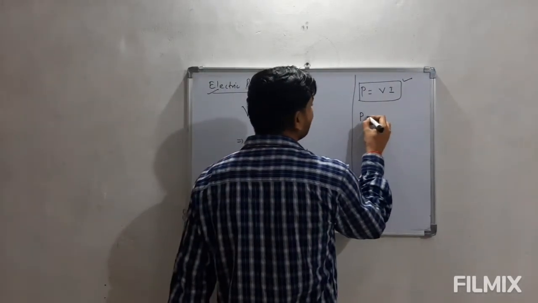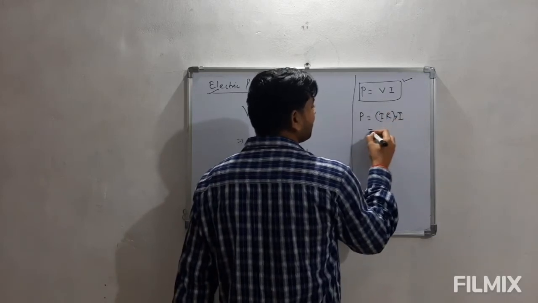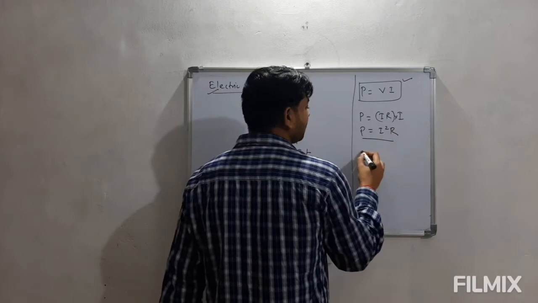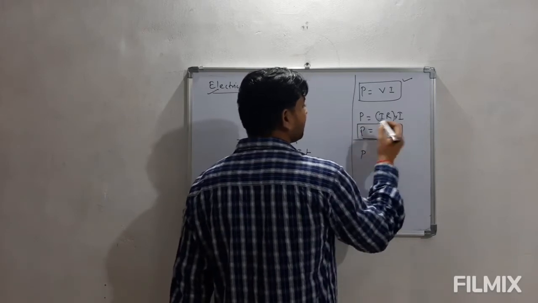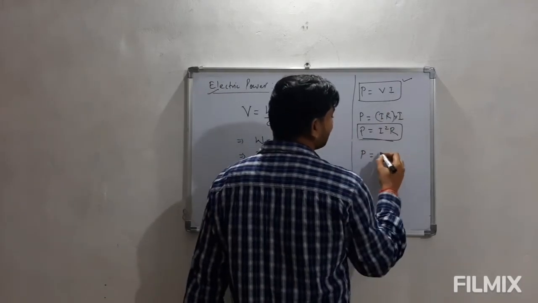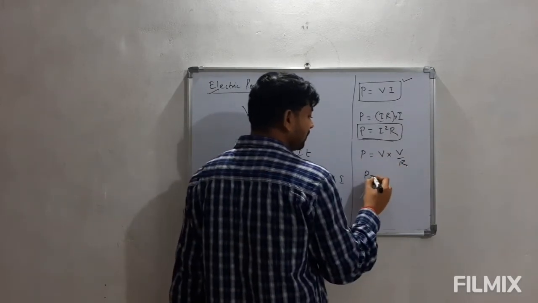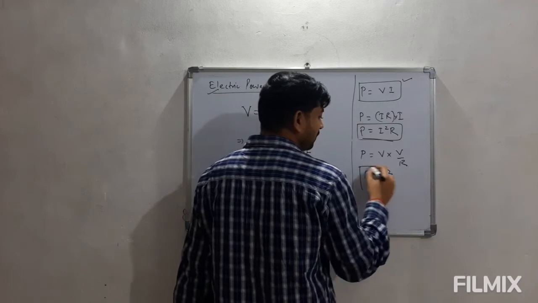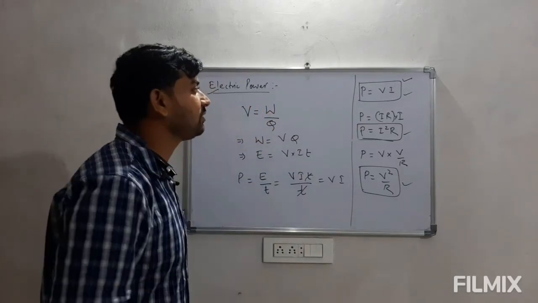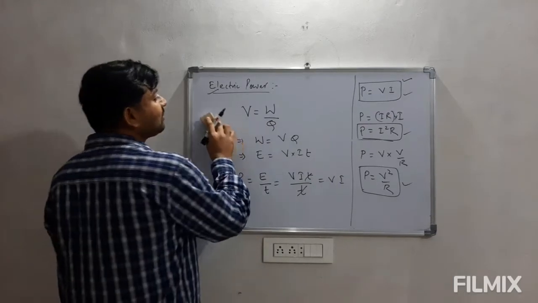If we use Ohm's law in this, we can write V is equal to IR, so we will get this. So power can be further represented by I square R, and if we want to represent this in terms of only voltage and resistance, we can replace the current with V upon R from Ohm's law. So from here we are getting V square upon R. So these are the three possible relations of power, whereby P is equal to VI is the basic relation which we will use in the calculations.